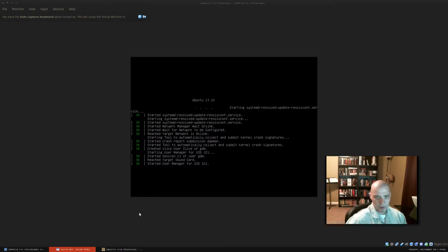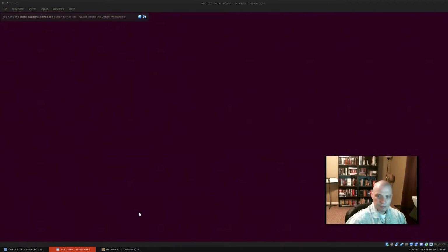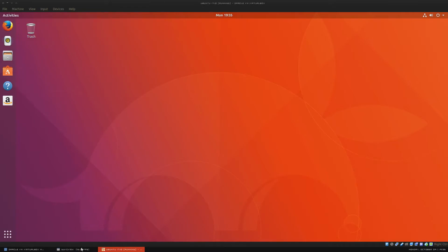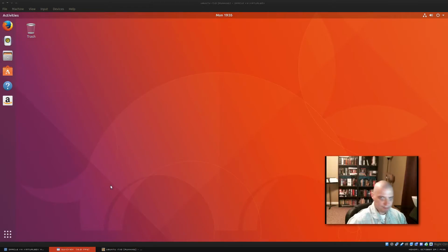You type in a password, so not a big deal there. But let's see how our GNOME desktop environment compares to Unity. Now I typically use minimal desktop environments and window managers. For a floating window manager I usually stick to OpenBox. I'm more of a minimalist kind of guy, and I run a lot of tiling window managers like Xmonad. So I don't usually run full desktop environments like GNOME, KDE, Unity,